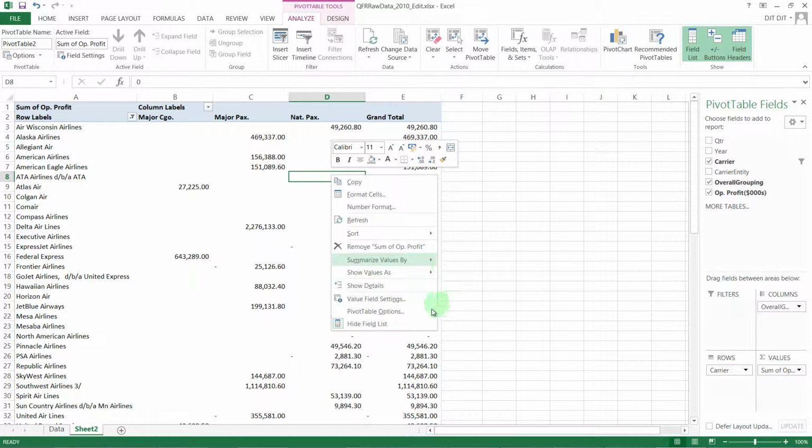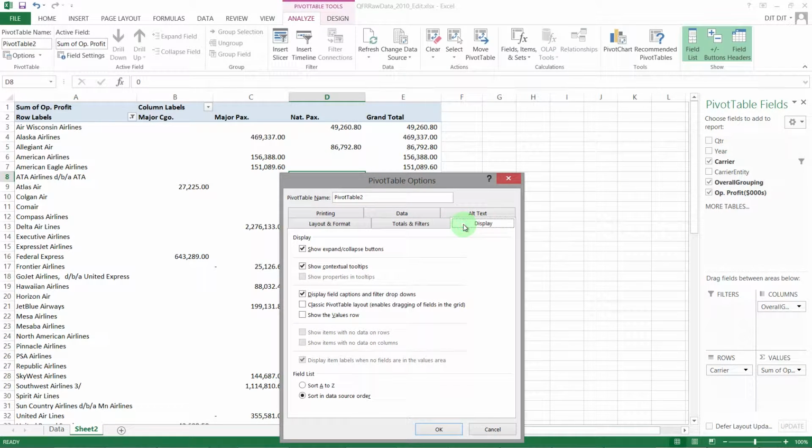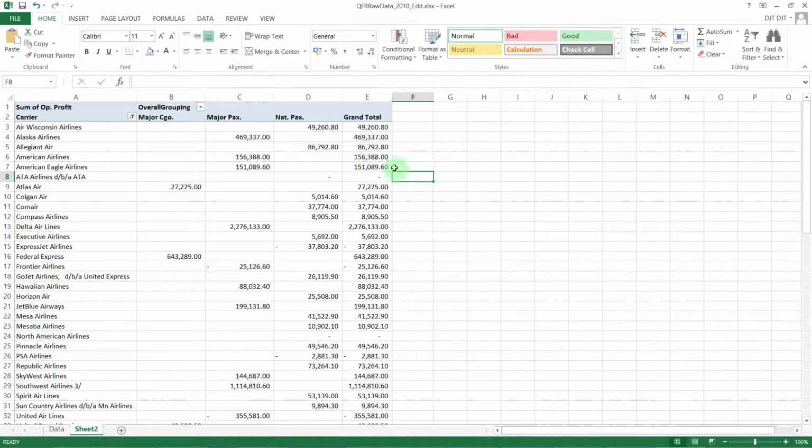We just right click here and go to the pivot table options. You can do various things in here, layout and tools and so on and so forth. But what I'm going to look at here is the display tab. And if you click on classic pivot table layout here and click OK, this basically goes back to the sort of pre